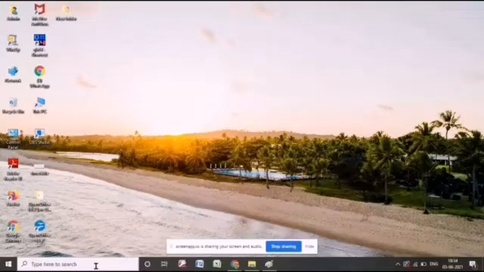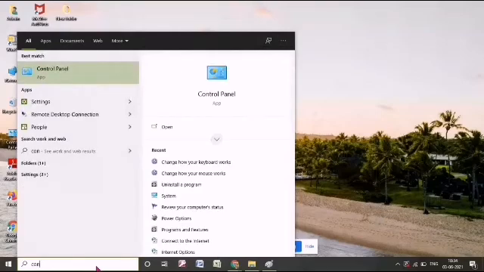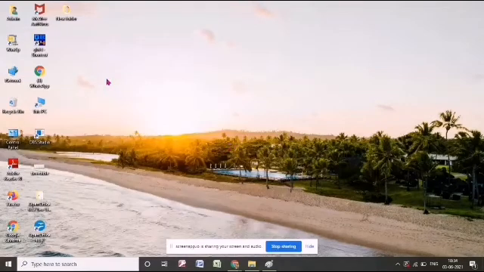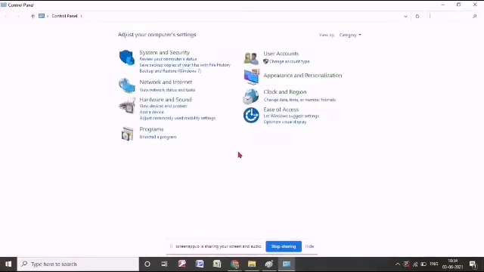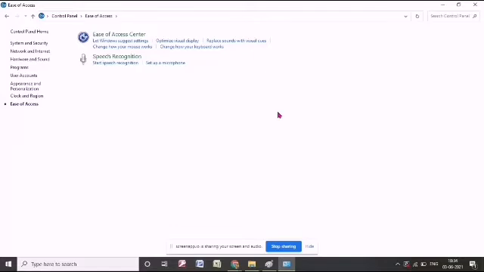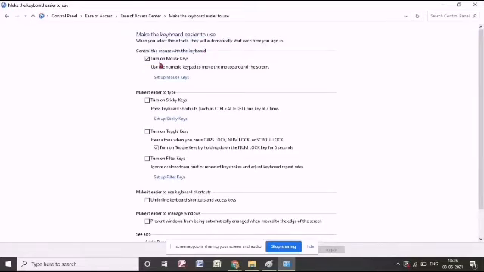Now students, I am telling you, if your mouse stops working, then how will you work with your keyboard as a mouse? You don't have to worry about that. You simply have to go to Control Panel, and from there go to the Ease of Access section. After going to Ease of Access, you will go to the top option, Ease of Access Center. Here one option will come, Change how your keyboard works.